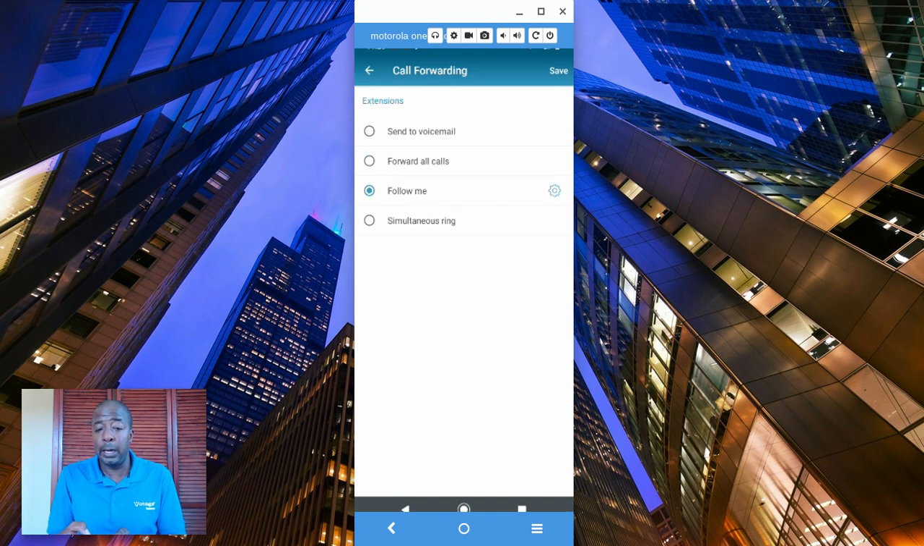Tell it follow me so you can have it go to multiple things, or tell it simultaneous ring where you can have it ring your desk phone as well as your cell phone, or even ring another cell phone if you've got a separate cell phone or a partner who you maybe want the calls to go to. In short, you should never be able to miss a call if you use the call forwarding feature in here. It really is a pick your poison, whatever works for you best. So anywho,